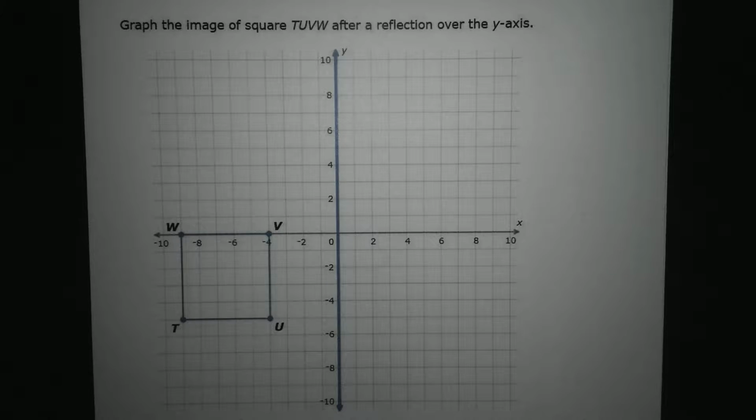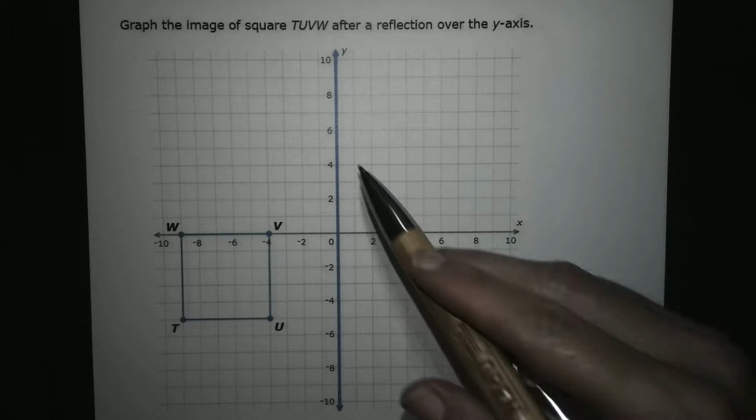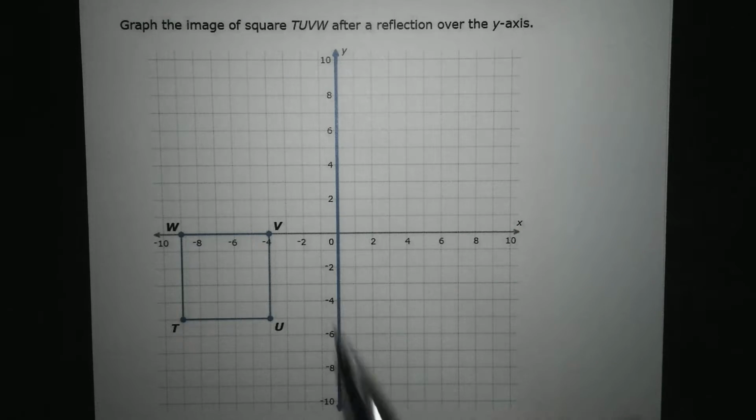So now I'm going to show you how to reflect an image over the line. In this case, our image is a square, and we're going to reflect it over the y-axis as the directions have said. So this is the line that we're going to be reflecting it over. The most important thing with reflection is